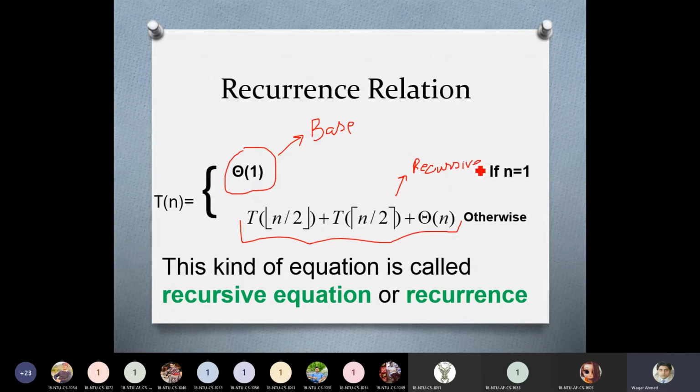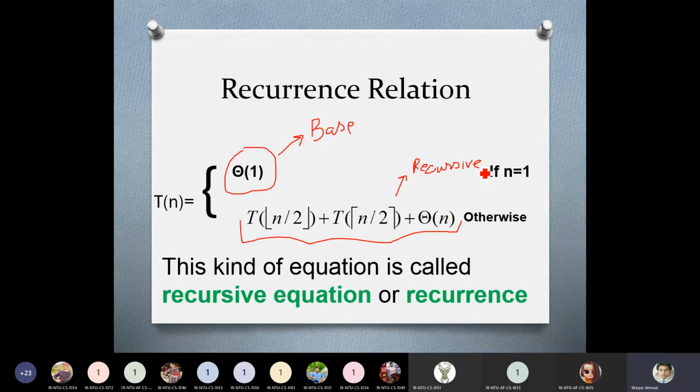Whenever we have recursion, we must have these 2 divisions of the recursive algorithm: the base part of the recursion, where the recursive calls will end, and the recursive part which consists of the self calls or the recursive calls of the function. So this type of equation is known as recursive equation, recurrence, or simply the recursive relation.